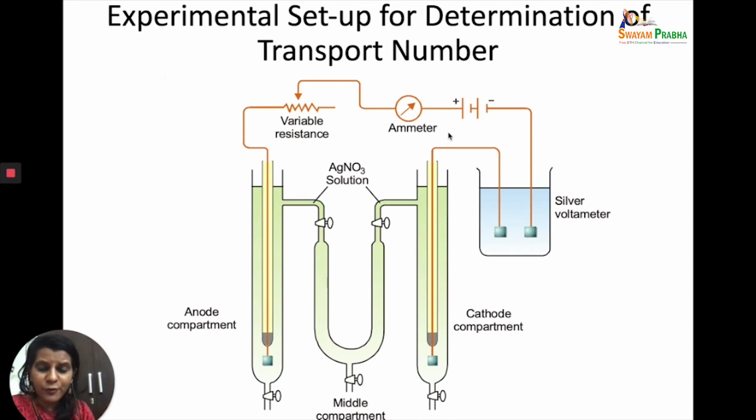Diffusion sets in. The solution or the electrolyte starts moving from a higher concentration to a lower concentration. So besides the electrolytic effects that are taking place, you will also have diffusion and convection effects. But if you pass current for a very short amount of time, then the concentration changes may not be large enough for it to be measured. So we have to avoid these two problems: not too long, not too short.